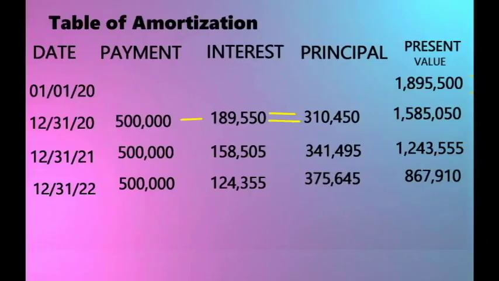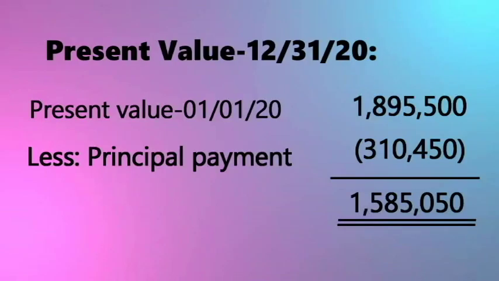So sa principal naman, ililess natin yung payment at saka yung interest na nakuha natin. So 500,000 minus 189,550 is equal to 310,450. So para makuha natin yung present value noong December 31, 2020, ililess natin yung present value dun sa principal. So sa case na to, 1,895,500 minus 310,450 which is equal to